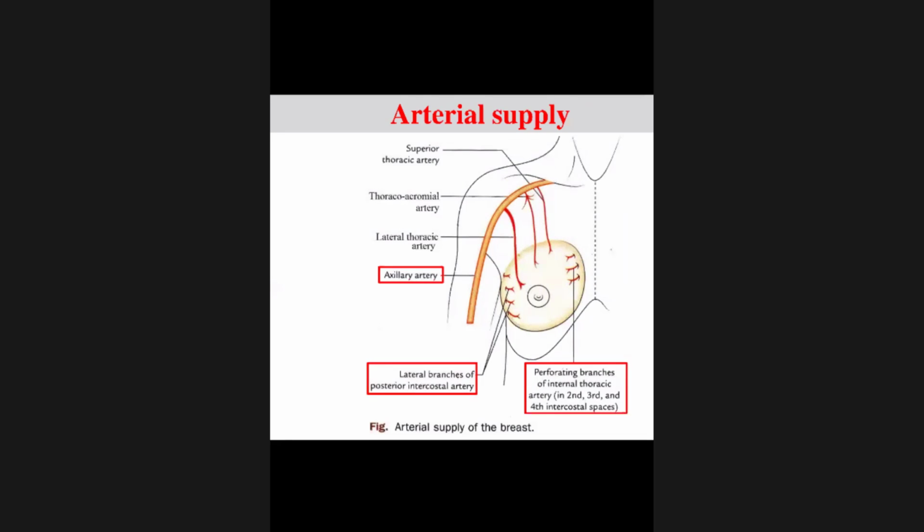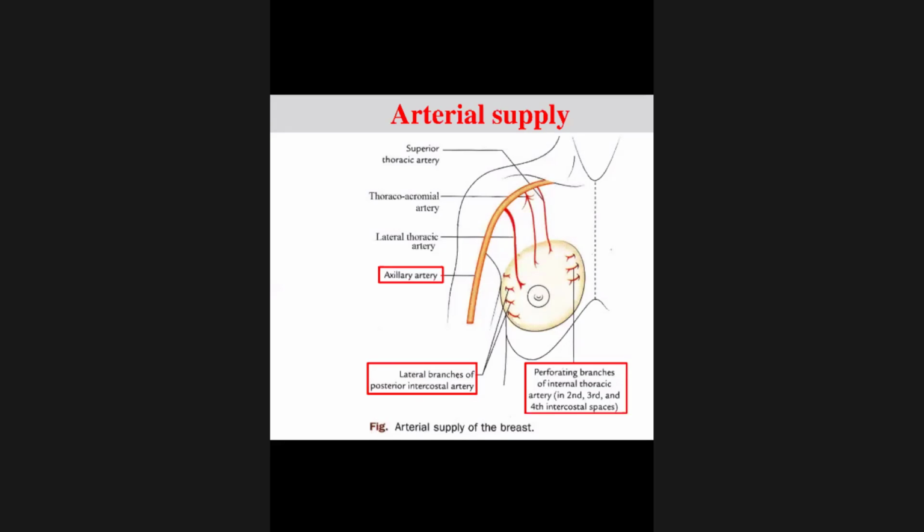One artery is the axillary artery. Another is the posterior intercostal artery, and the third artery is the mammary artery or internal thoracic artery. These are the three arteries. So the perforating branches of the internal thoracic artery